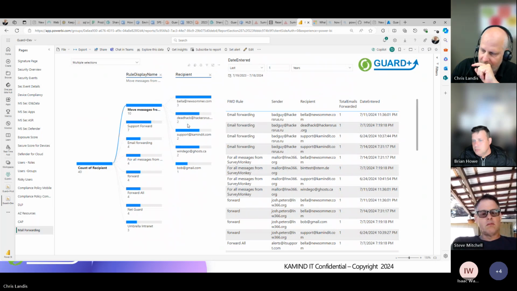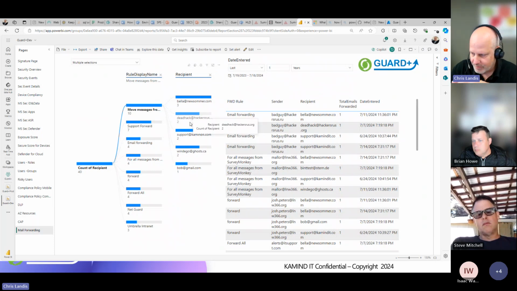Now, in real world, you may not see an email like deadhack@hackersrus.org. But what you will know for sure is if it's an internal user email address or an external, and those are the kinds of things that you're looking for. We provide this in a nice little dashboard. You can see that in this case,